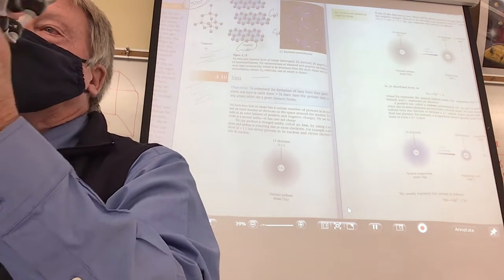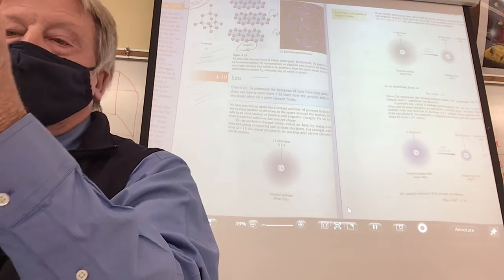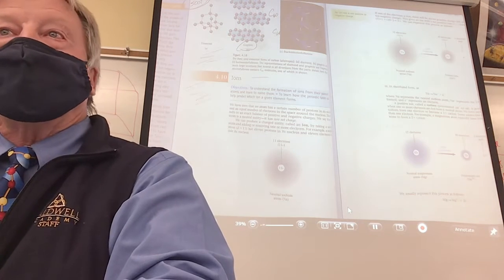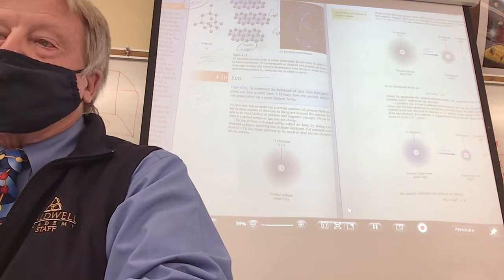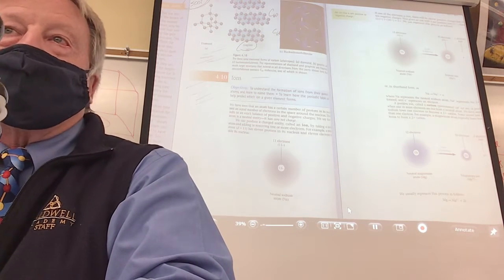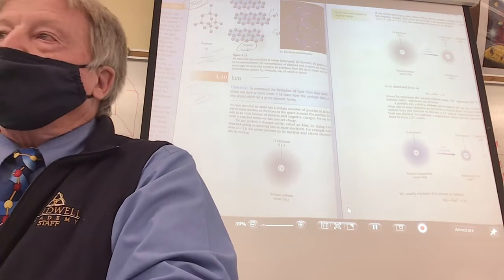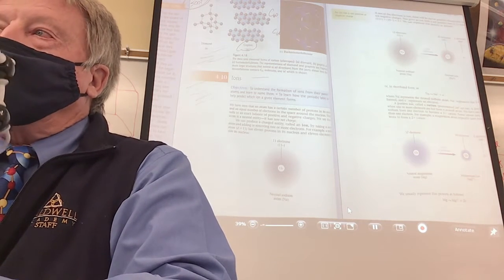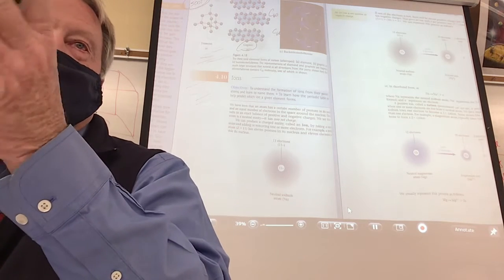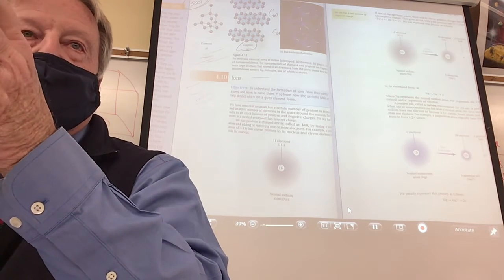Now, once they discovered it, that's one thing. But then somebody said, I wonder if we could do something with that. And some scientists have figured out some really neat things to do with this. If you would like to have some extra credit, look up articles on what they did with buckyballs. Now, buckyball is a short way of saying Buckminster fullerene.